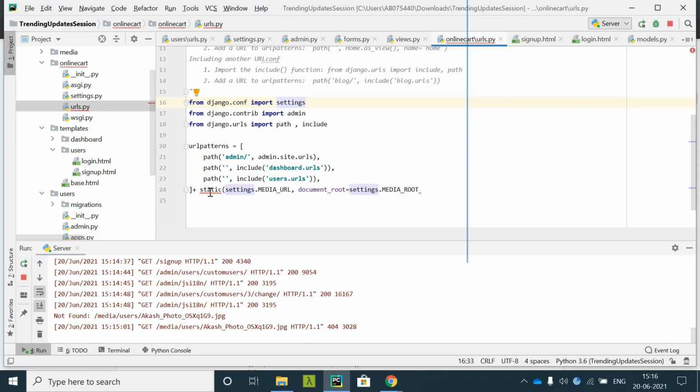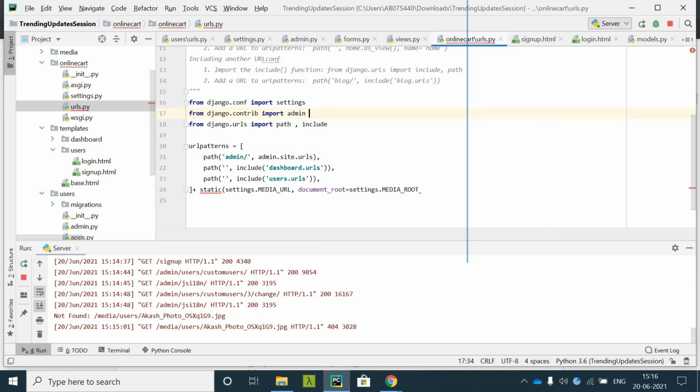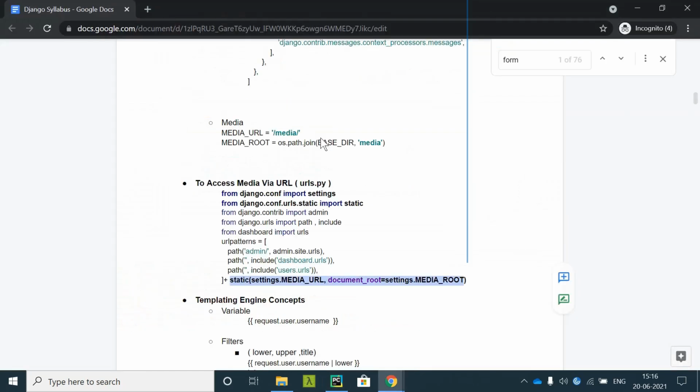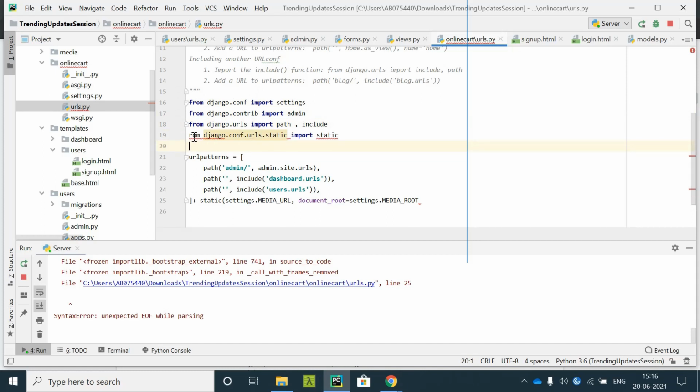Okay, settings is solved. Now from where will this static come? I guess from Django, no, it is not that. So I need to check what it is exactly. Okay, from conf.urls.static it is. Imported the static.